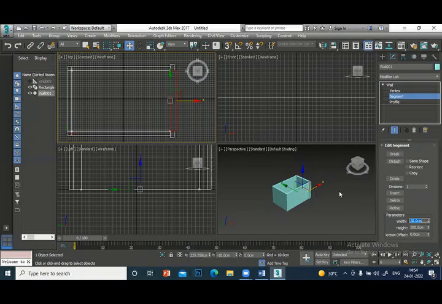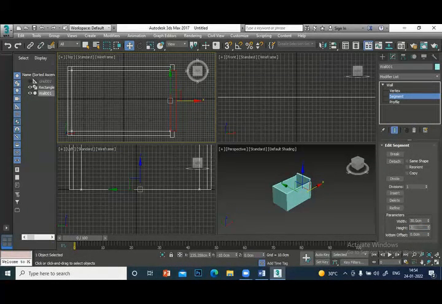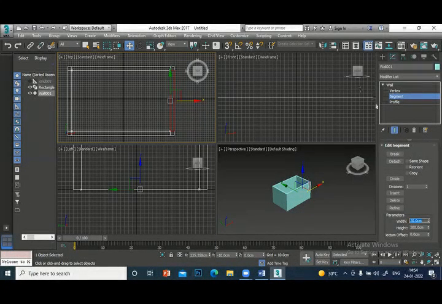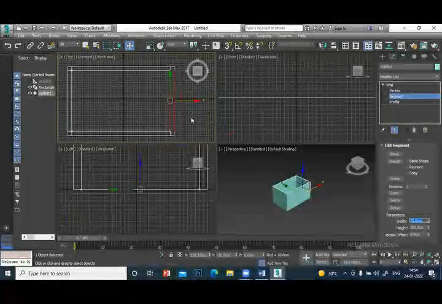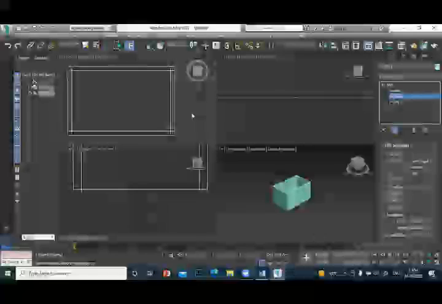If you want to increase the height of that wall, type 350. See, it can become 350. So you can select the segment and change the width and height. I'll keep it back at 300, and this I will keep back at 200. There are a lot of things you can do. You can draw a wall like this and other things. We'll see those things at a later stage.